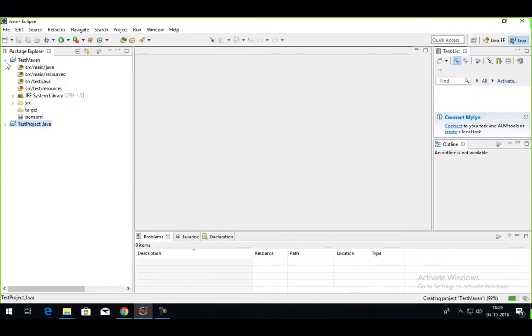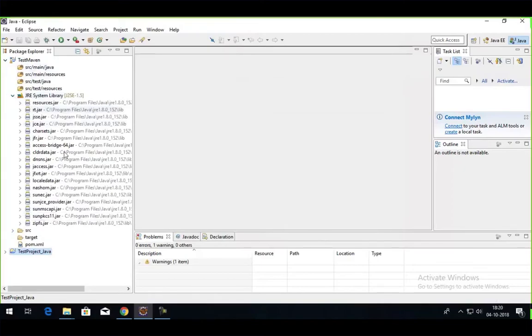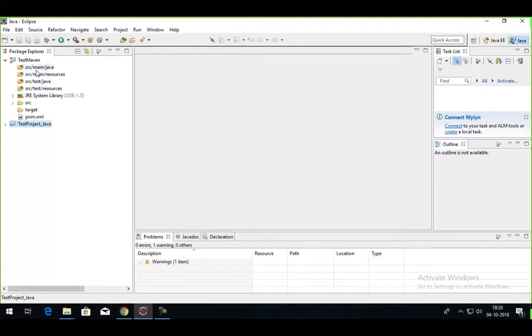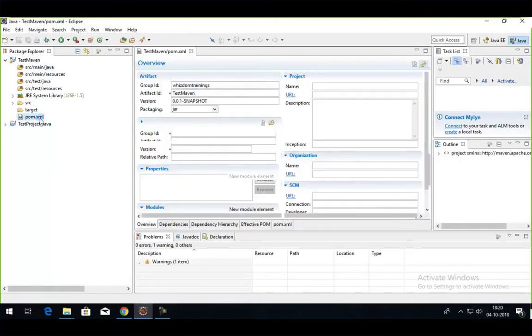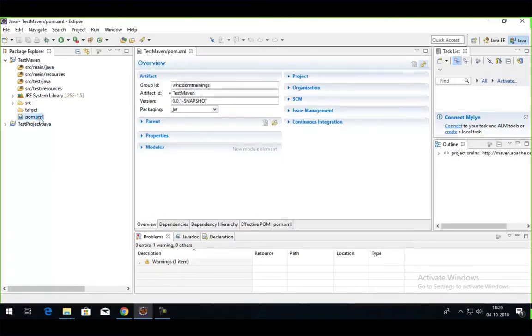If I open this project, you see all these directories are created automatically. I didn't do anything. Within the Maven we have a folder and subfolder for the resources, your Java files, and some already existing jar files, like the Java project. And the new thing that you find here is a file called pom.xml, which is very important. This is the pom.xml, which does all the magic and all the work that saves our time when we do the manual addition.